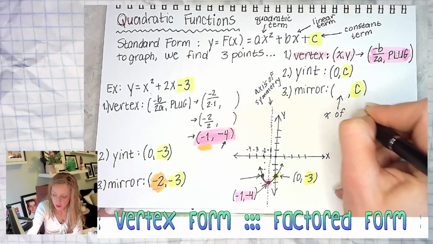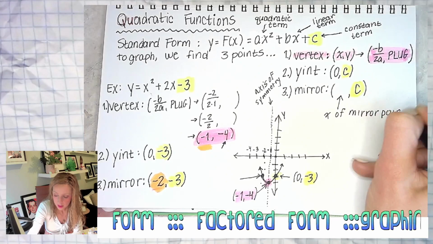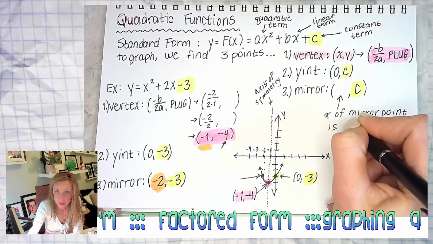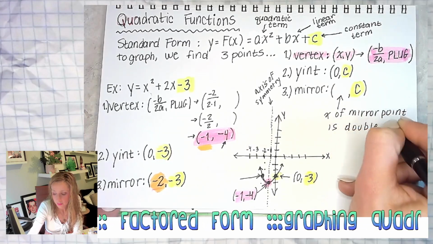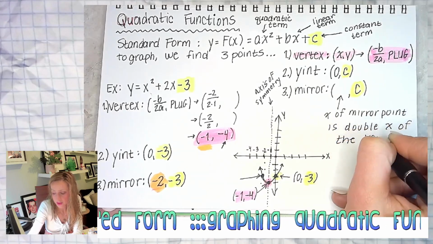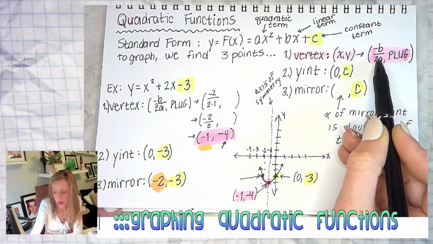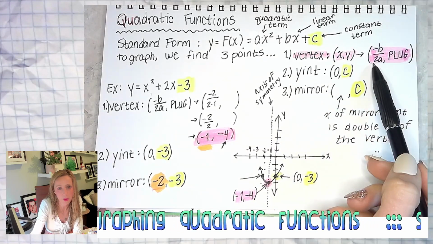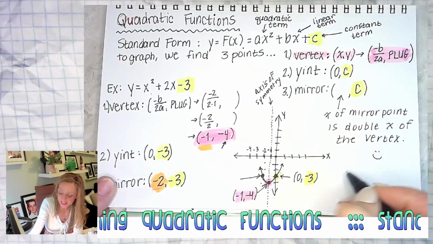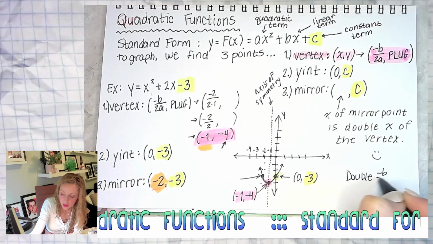So the x of the mirror point is double the x of the vertex. So whatever negative b over 2a is, you double that. Another way to do it, if you double negative b over 2a,